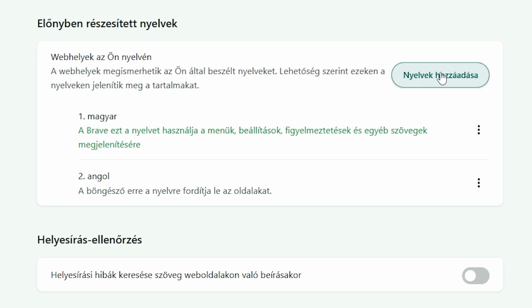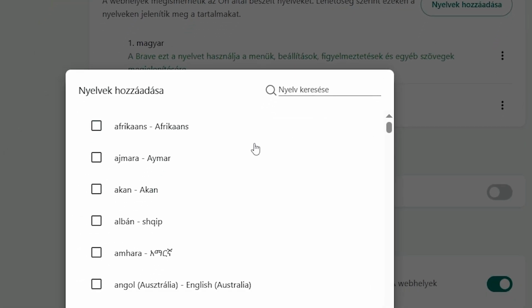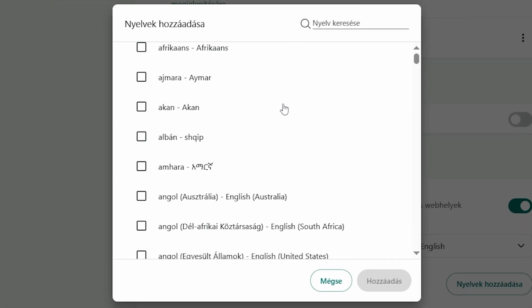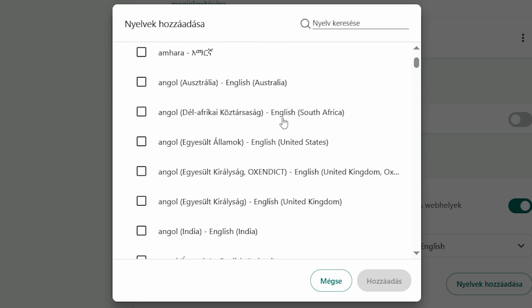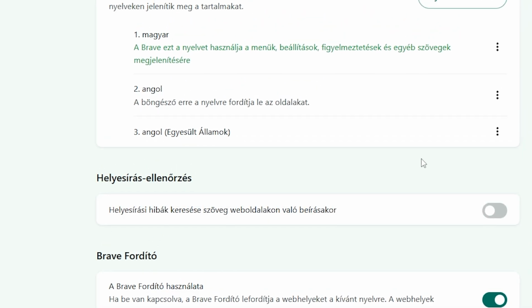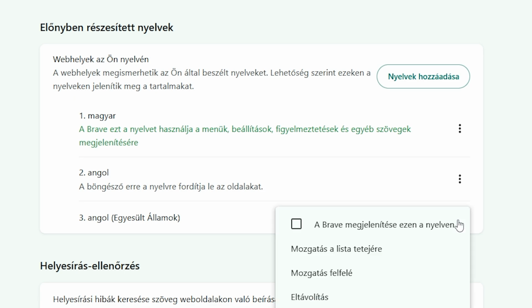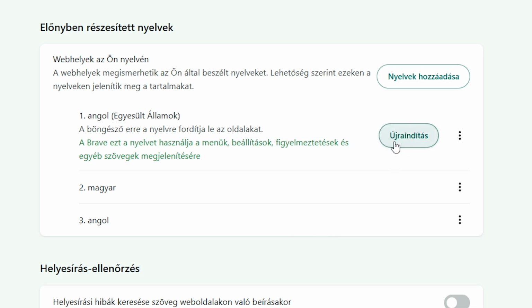A searchable list of languages will appear and each one is shown in its native form, so you can easily find the language you need. Find the language you want to use, check the box next to it, and then click Add. Once the language has been added, click the three dots beside it and choose the option to use that language for the Brave interface. Click the Relaunch button, and when Brave opens again, the interface will appear in your selected